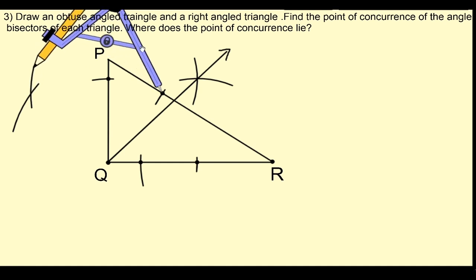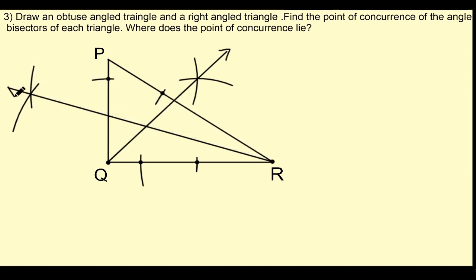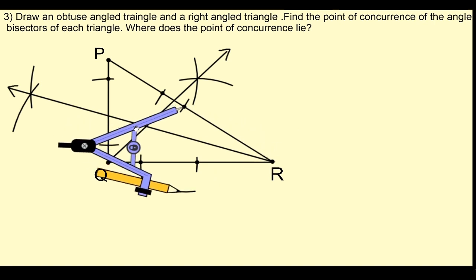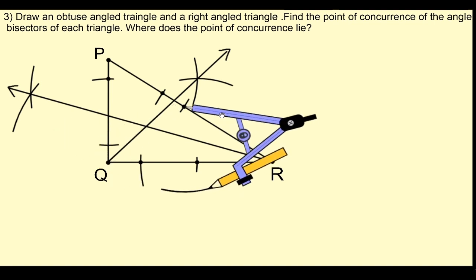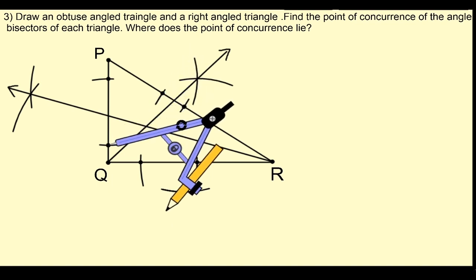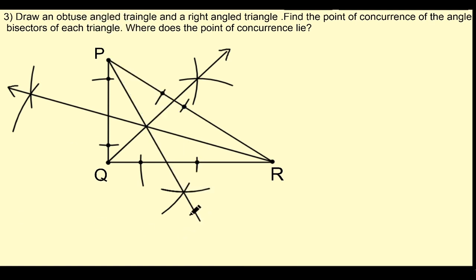Now, draw the line for angle bisector and draw arrow at the end of the line. After that, place the steel head of the compass on point P and draw arcs on both the sides of the triangle. Then place the head of the compass on one of the arc and draw another arc. Similarly, place the compass on other arc and draw another arc. Draw angle bisector using a scale. Draw arrow at the end of the line.